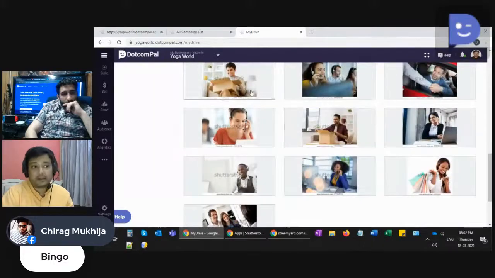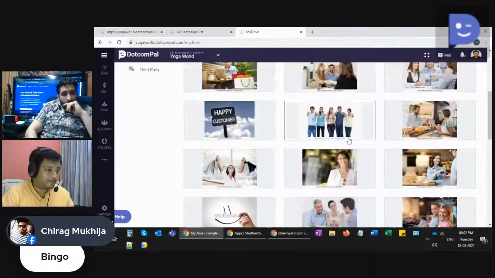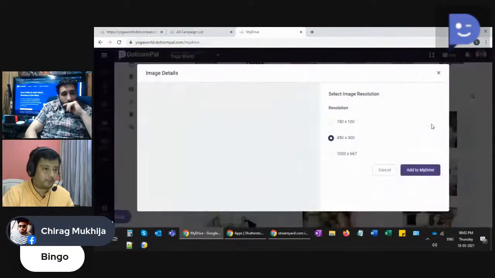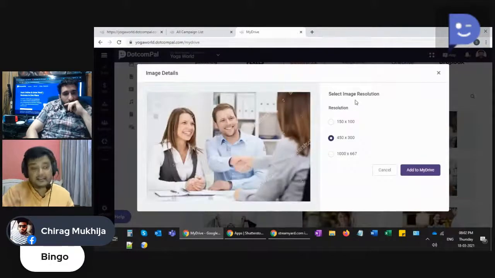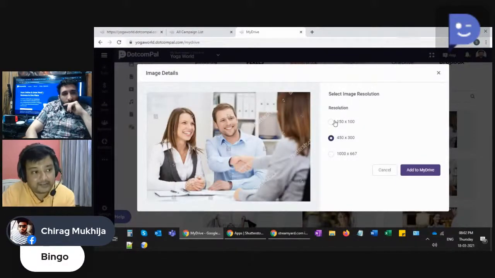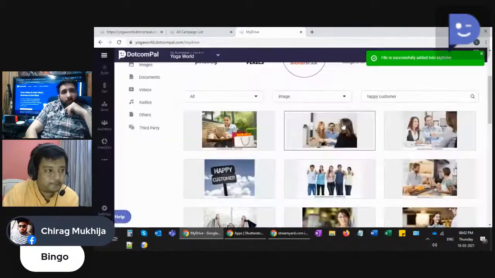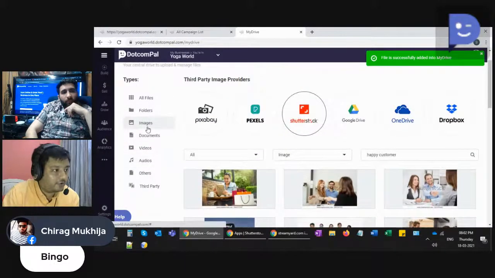So these are the paid images. You can see Shutterstock, and for example, if I'm going to select this, as Karim mentioned, you can select the resolution as well. So let's say I'm going to choose this one, add to my drive, and going to images,